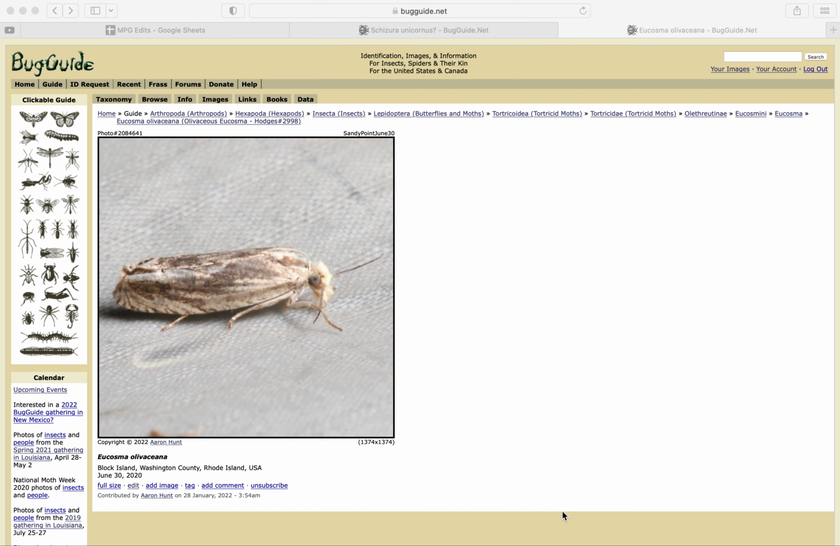In my previous video, I discussed adding images to BugGuide. Now I'm going to talk about managing the images you've added to BugGuide. I'll discuss how you can find your images, how you can move your images, and when you should move your images,